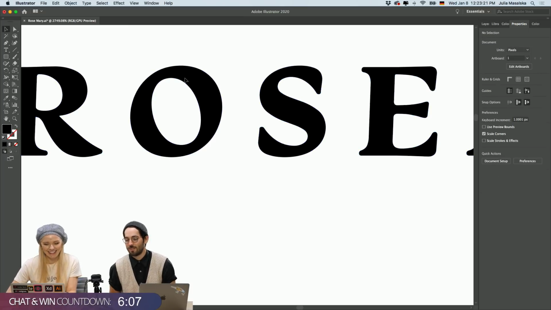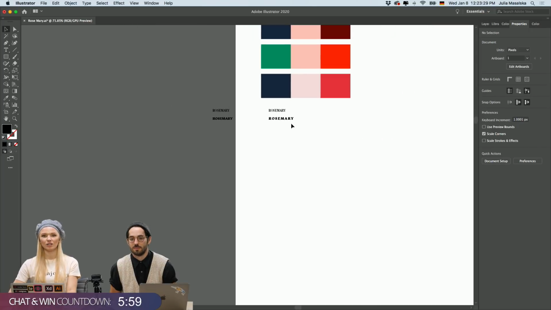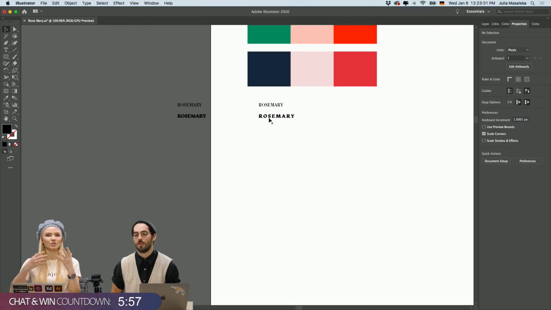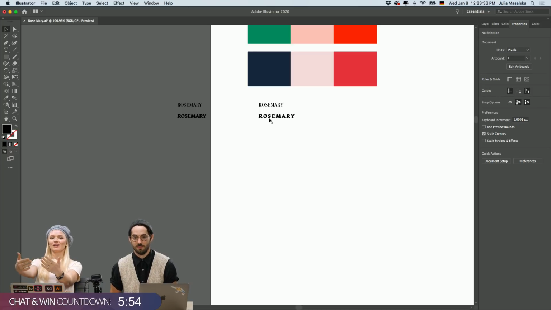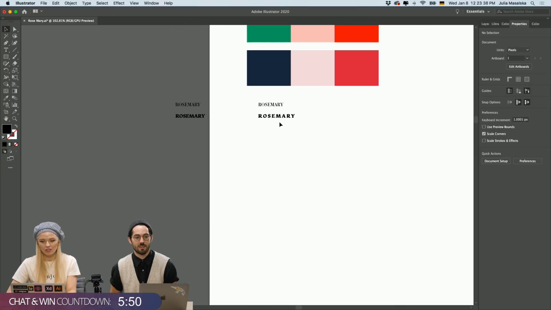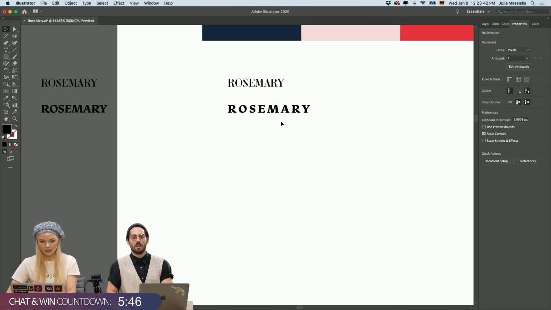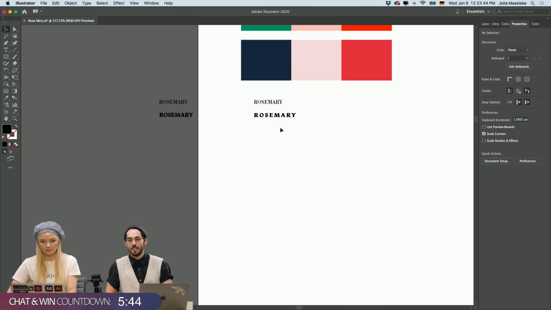I went back because I wanted to increase the kerning a little bit, because I want it to be easy to read from far. A good way to see if things are easy to read from far is to zoom out. So you can see that this is really easily readable from far. That's a really good technique because you can even contrast it to the one above it. It makes a difference, yeah.